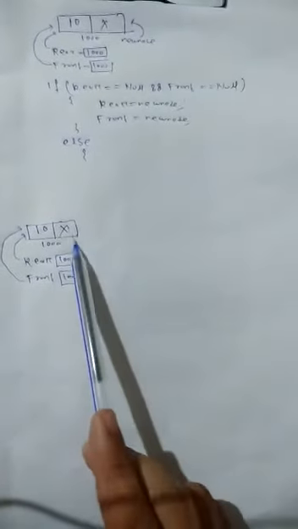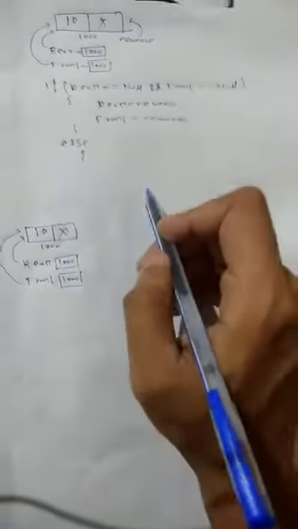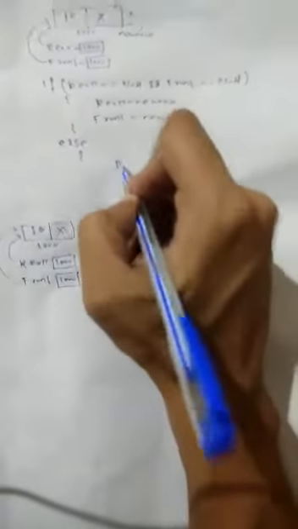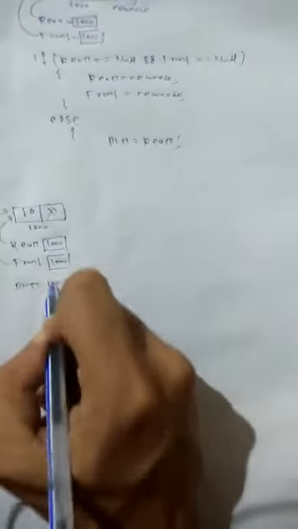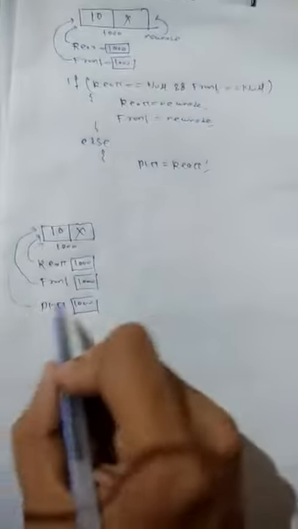Else, if more nodes are present, suppose a single node is present, and after that you insert, what happens? I am assigning a ptr here. The pointer is already declared, that is struct node type, and ptr equal to rear. So ptr is here. What will be stored in ptr? 1000. What will be stored in rear? Then ptr will be stored, ptr also pointing to this node.